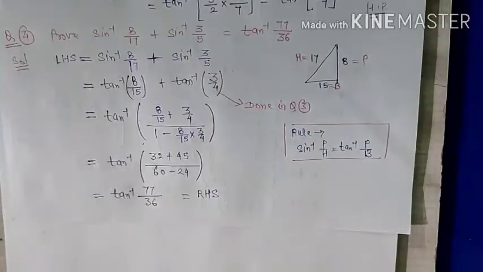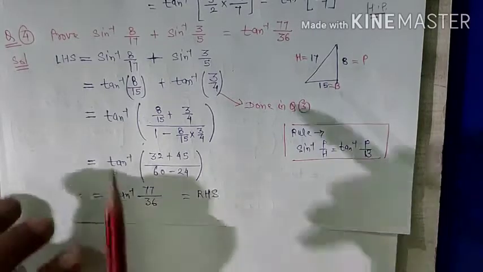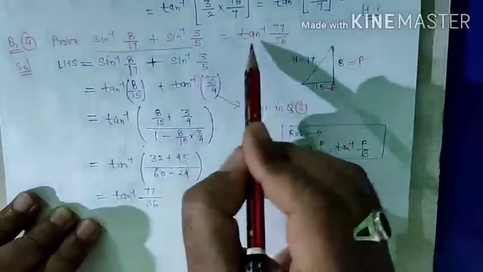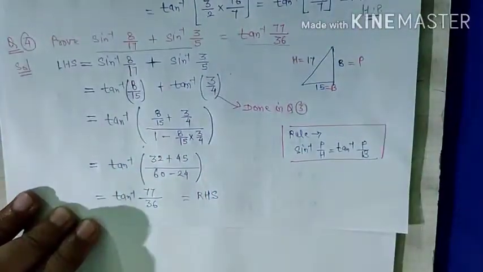Now see question number 4. Question number 4 says, prove sin inverse 8 by 17 plus sin inverse 3 by 5 is equal to tan inverse 77 upon 36. We have to prove that LHS is equal to this RHS. Now